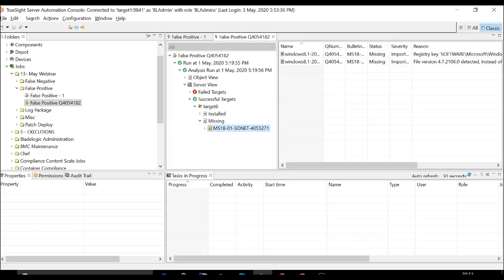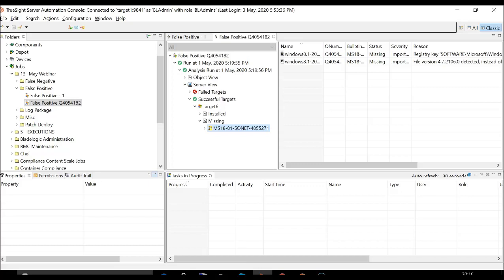But there can be a scenario where the version of the DLL that is present on the server and the version of the DLL on the Microsoft support page is exactly the same. If that's the case, it would imply that the Ivanti detection logic is incorrect. In that case, we have to generate a DPD trace and send it to BMC support with all the details to raise a case with Ivanti and fix the detection logic. So this concludes the patch analysis demo.